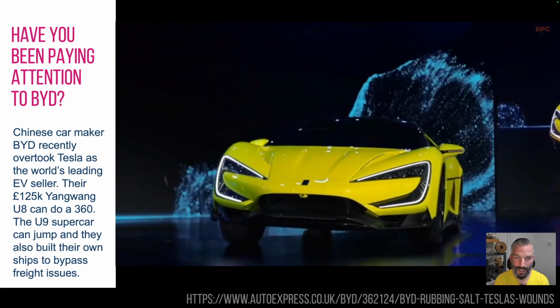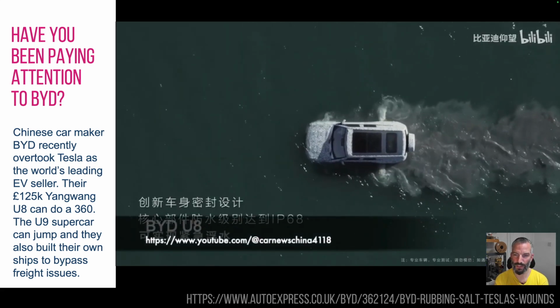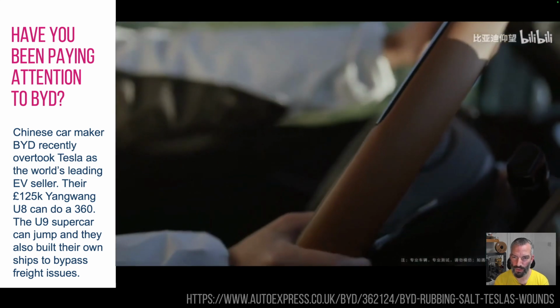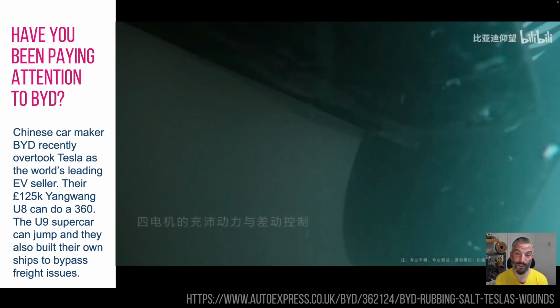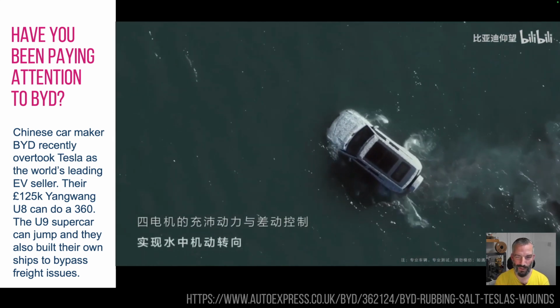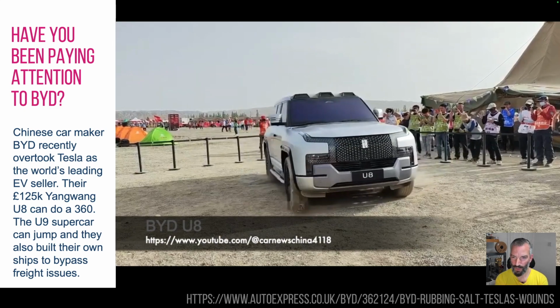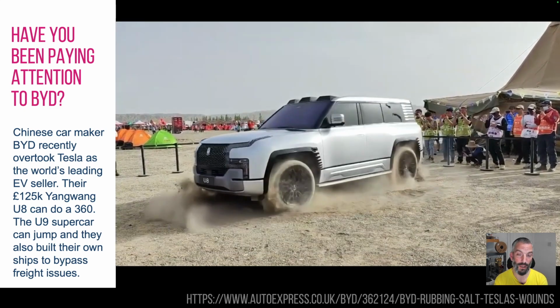suspension. And their U8 model, which you're just about to see, can also survive for 30 minutes in water and still maneuver around. Now, these are the sorts of things that Elon Musk is telling you that his Cybertruck can do, but doesn't quite do it so well. But this is kind of interesting. So if you weren't really sure who they were, they are somebody who, or a company you probably need to